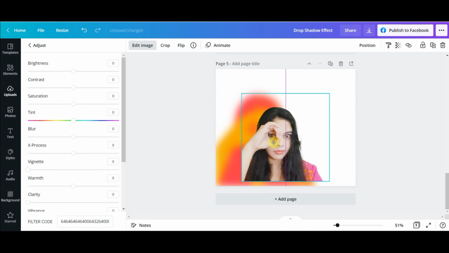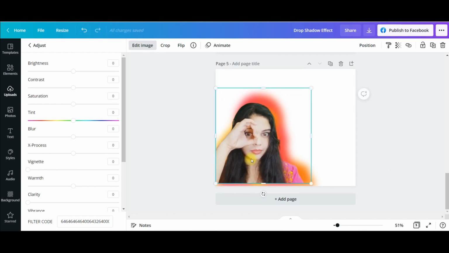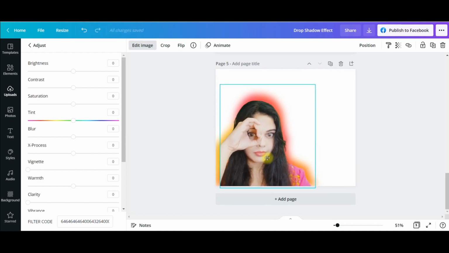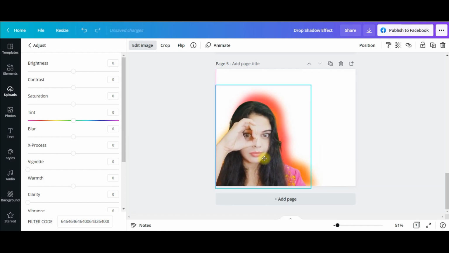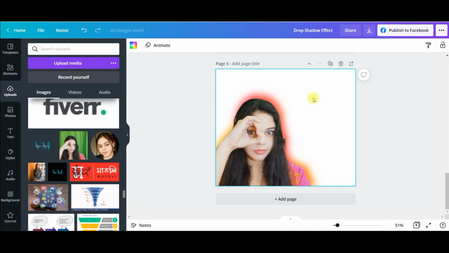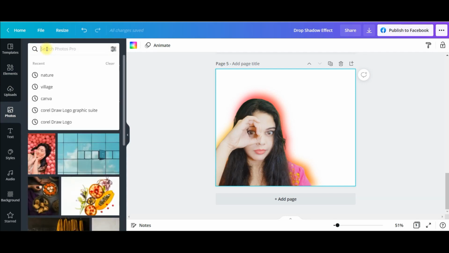Now I'm going to take this picture and fit it inside and make it a little bigger as per my need, and position it in the right way so that it covers the back picture. And I will select the background. I will go to elements, or maybe I'll go to photograph. I will take nature.